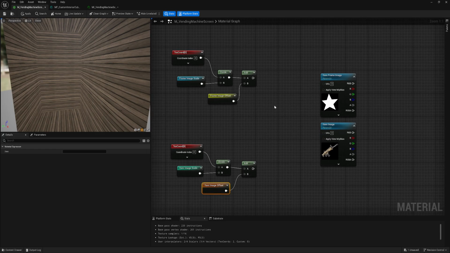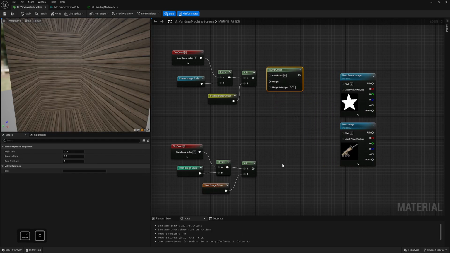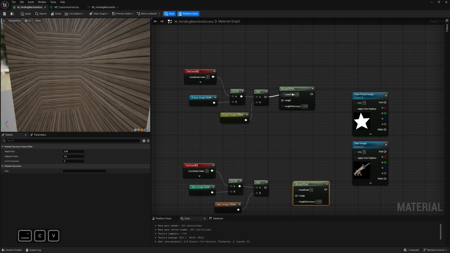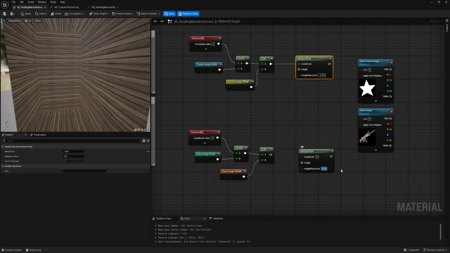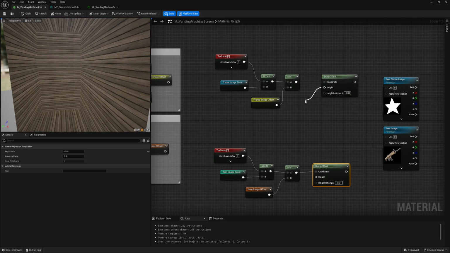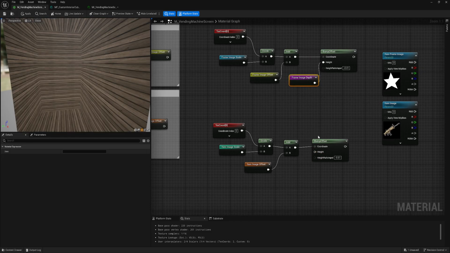And now for our depth, we need a bump offset node. So this goes into coordinates. In here, I will set it to minus 0.01, and this as well. Then for the height, it will be our depth control. So frame image depth, and here item image depth.